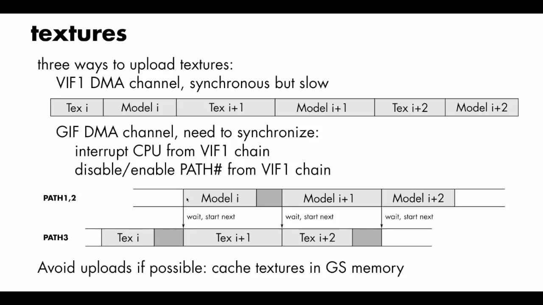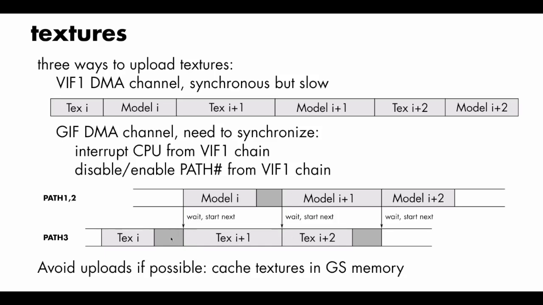And that means when you start working on this model, you can enable, quickly, just for a few cycles, path 3, and this will start the upload of the next texture. And then you can sort of handle models and textures at the same time without having any CPU interruption going on, which is not so good for performance. It's still better than this, but